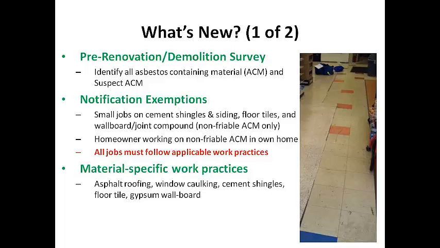The revised regulation provides notification exemptions for a limited universe of small jobs involving certain materials. Specifically, the following threshold quantities apply: less than 100 square feet of asbestos cement shingles, siding, and panels, less than 100 square feet of asbestos floor tile and related mastics, or less than 32 square feet of gypsum wallboard and related joint compound. In addition,